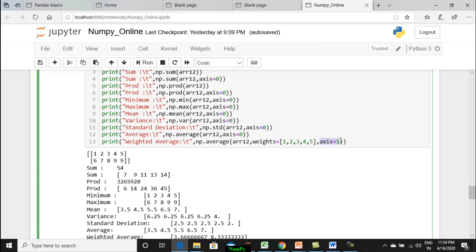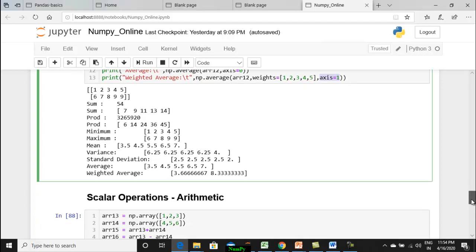Some customers' opinions will be given weightage based on some reason or other. In such a case, axis should be equal to 0. Okay, so what happens is the weights will be applied to the entities, not to the columns. That way we can think of using it.